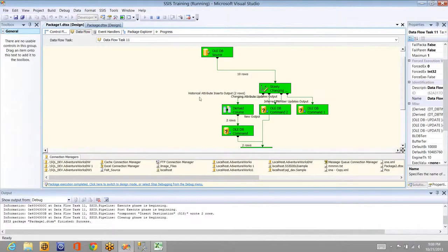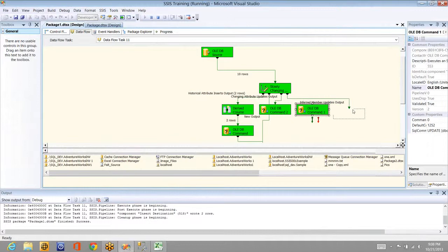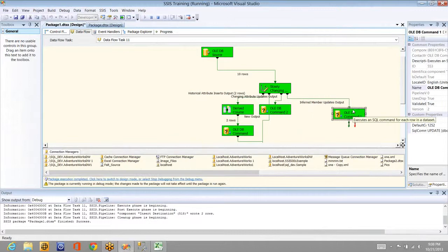In that case, when you get the data where everything is null, we call it inferred records. Even though you set it as a fixed attribute, that means no changes will be expected, if you get any inferred records where all the columns are null, you want to insert that information.